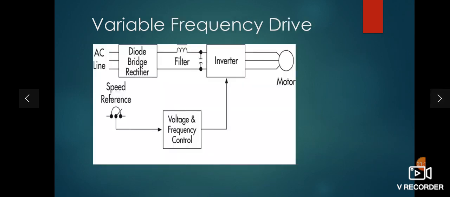So basically this is the block diagram of a variable voltage, variable frequency drive, in which a three-phase bridge rectifier is there, which converts your AC voltage into DC voltage. Then a filter circuit with a capacitor is there to smooth the DC, and that DC is given to the inverter. Now the inverter converts your DC into variable AC voltage. So at the output side you can get variable voltage at variable frequency, and that output is given to run the three-phase induction motor.